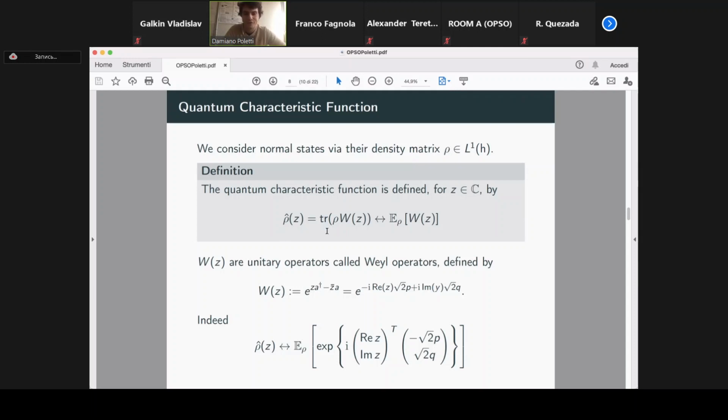For those who know this operator, this is a Weil operator. But for now, let me just remark that this expression should morally correspond to thinking that this formula is evaluating a sort of classical expectation over some state of a random variable. Here, we do not have a random variable, we just have a Weil operator, which is a unitary operator, and can be defined and extended via these exponentials, which are linear in A and A dagger, or using the definition of the momentum and position operators as a linear combination of P and Q. And this last expression is relevant because, again, morally thinking of the quantum characteristic function as a classical expectation, then this exponent corresponds to